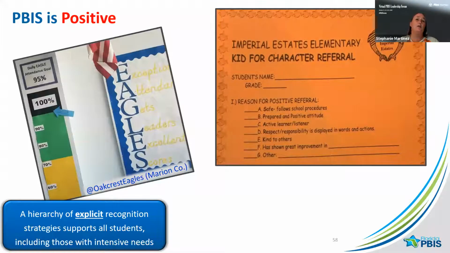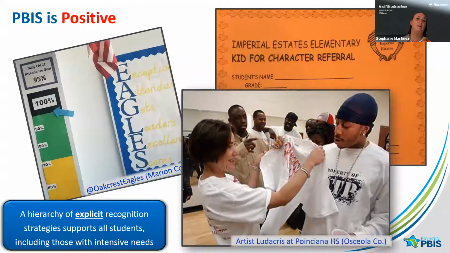So PBIS overall is a positive system, but even though we do have those positive systems, we do need to have some strategies when things do not go as planned. Here are some different examples of low cost, easy reinforcement systems. So one is about, we want to increase the attendance we want to see, so they have goals. A positive character referral, or a lot of times in secondary schools, we call them positive referrals. And at the bottom, that happened many years ago, but a student won at one of our local high schools to have the rapper Ludacris come in and do a free concert at the school through MTV, and the principal allowed it.